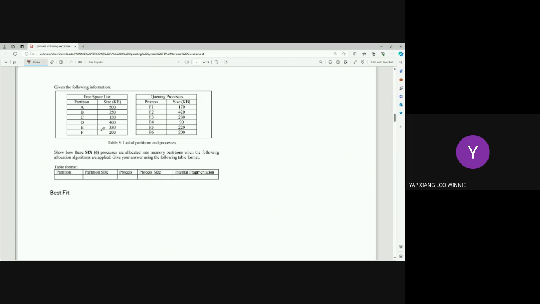Look into here. So you see, process 1 is 170, right? We have A, B, C, D, E, F partitions. So 170, if I fit into A, what is the internal fragmentation? If we fit into B, what is the internal fragmentation? So to do best fit, you have to scan through and see which one actually gives me